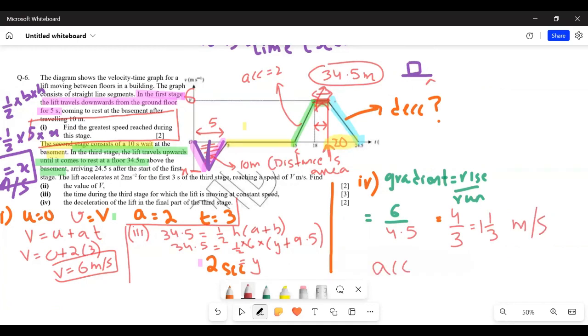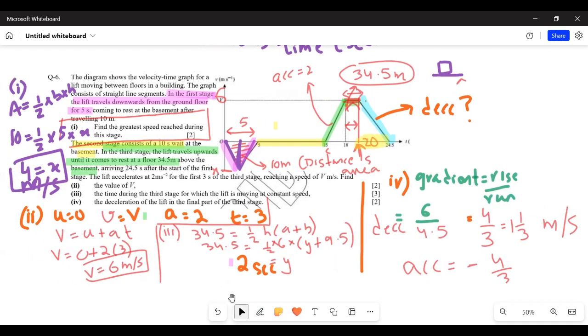एक्सेलरेशन अगर पूछते तो हम कहते हैं नेगेटिव एक्सेलरेशन है -4/3। पर डिसेलरेशन पूछी है तो फिर उसके साथ आप पॉजिटिव साइन ही यूज करते हैं। That was question number 6. कोई क्वेश्चंस हैं इसमें तो प्लीज पूछ लो।